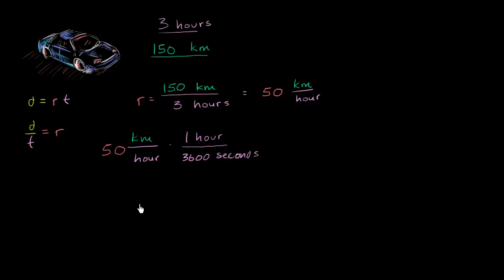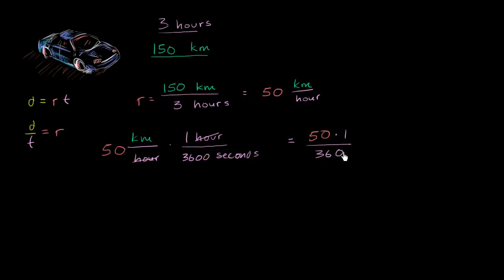seconds. And this is what I meant by saying that we can think about, using dimensional analysis, which is what I'm doing right now, we can essentially manipulate these units as we would traditionally do with a variable. So we have hours divided by hours. And so when we do the multiplication, we can multiply the numeric parts. So we have 50 times 1 divided by 3,600. Let me write that. 50 times 1